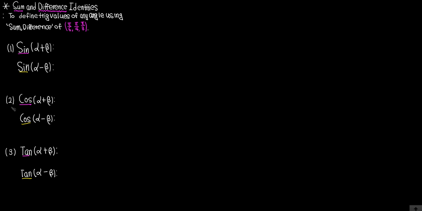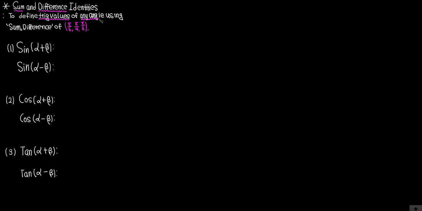So firstly, let's start off by thinking, why should we apply the sum and difference identities for defining the trig values such as sine, cosine, and tangent? The main purpose of using the sum and difference identity is to basically define the trig values, meaning trigonometric values such as the sine, cosine, and tangent. But the most important thing is, using the sum and difference identities, we can define the trig values of any